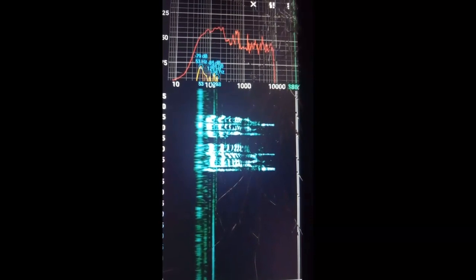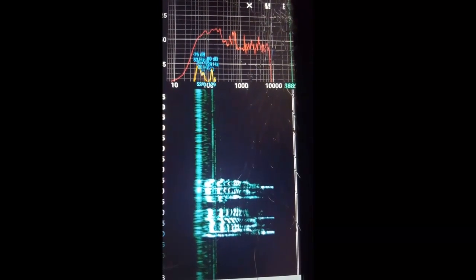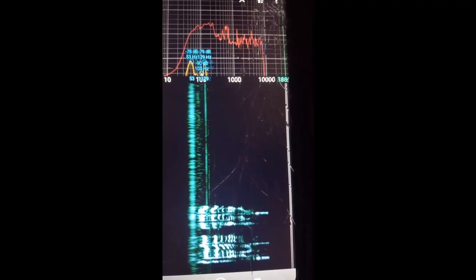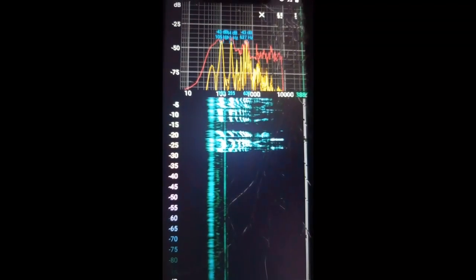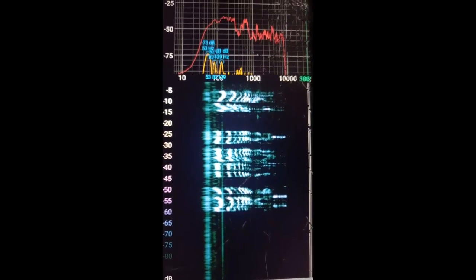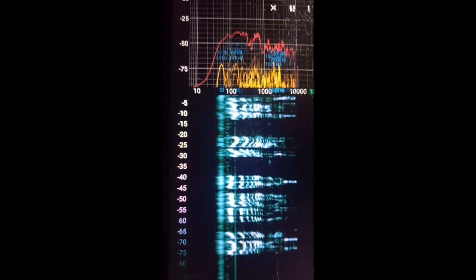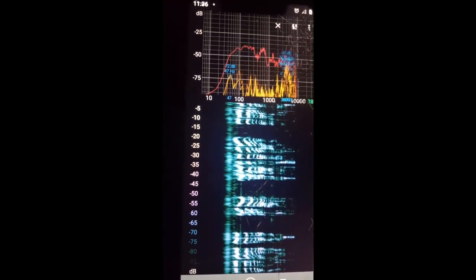This sound right here is normal background sound. It doesn't have a lot of static like when they turn the EMF device up. I think the Garmin doesn't put off as much static as a hummingbird, from what my V2K said